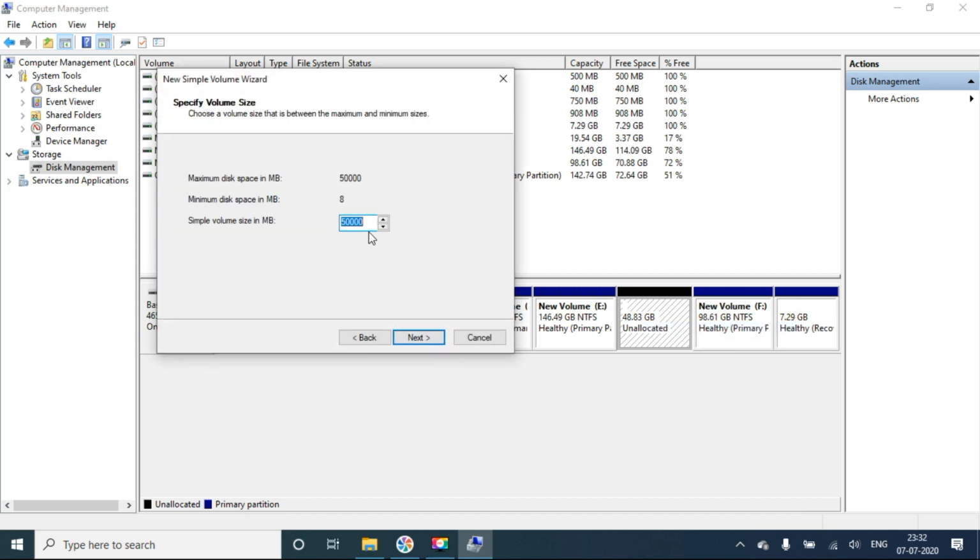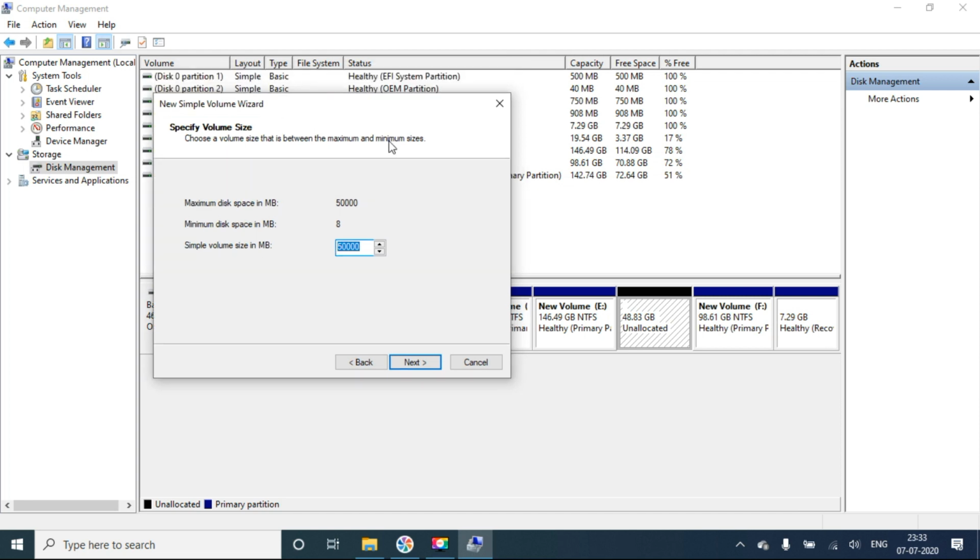Then next. In the unallocated space, if you want to create two partitions, you can make it 25 each. Now I want to create only one more partition, so I am keeping 50 GB.